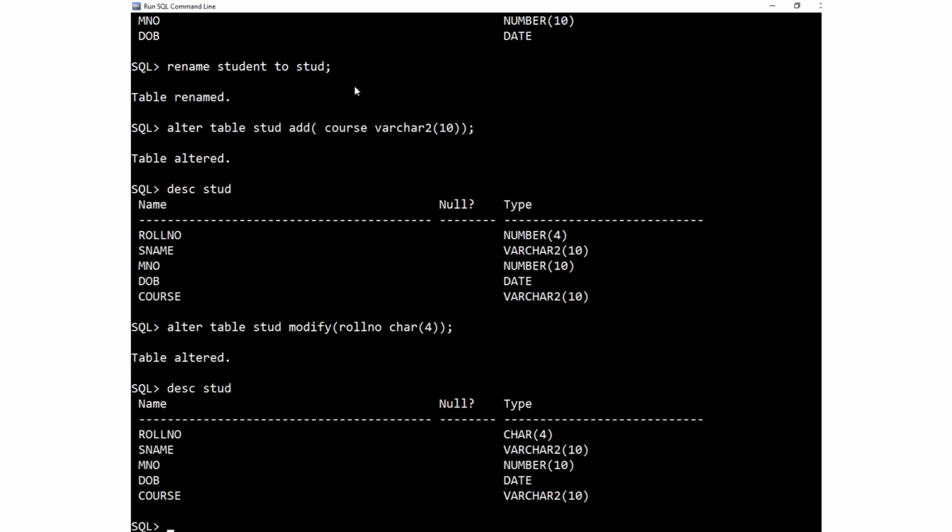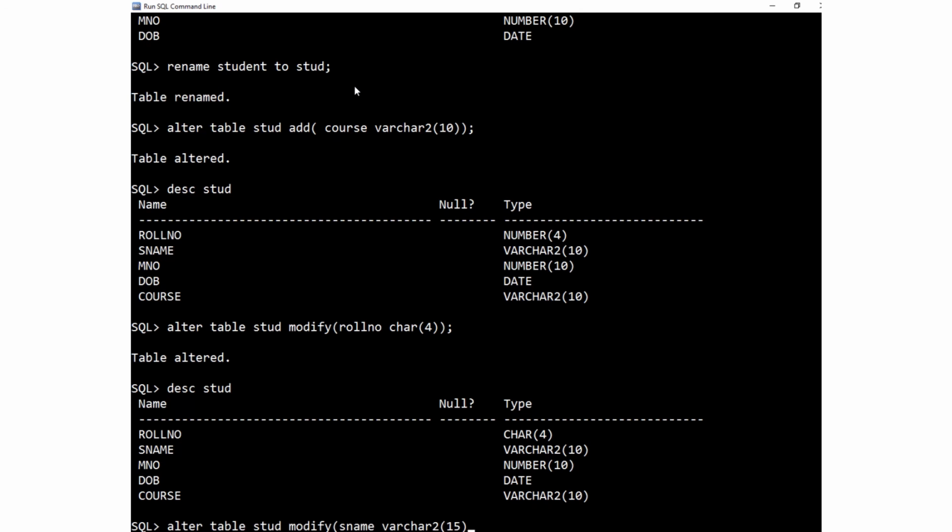We can increase the size of the column. Student name, alter table STUD modify. For student name, varchar2 of 15 I am giving.